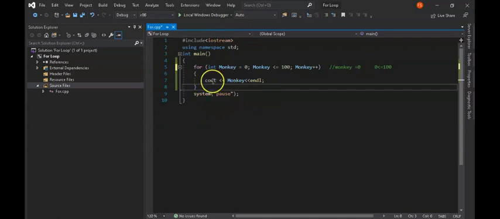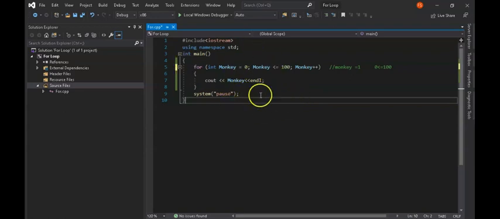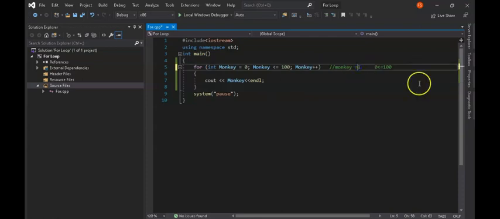Then after this code executes, it moves to the increment operator. It increments the value, and now monkey has the value of 1. And then it again checks the condition. If this condition is true, it will run the same code again. It will move on and on and on until this condition is false. For example, now monkey has value of 100. So it will test the condition, then it will see 100